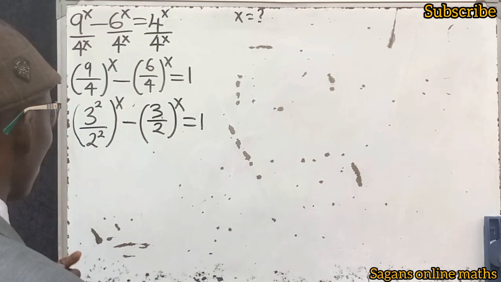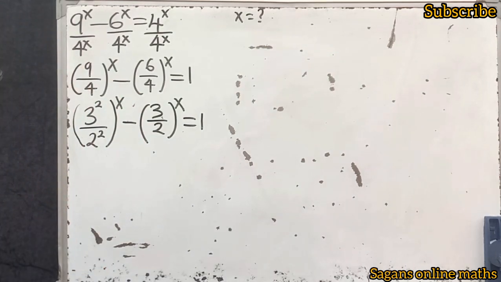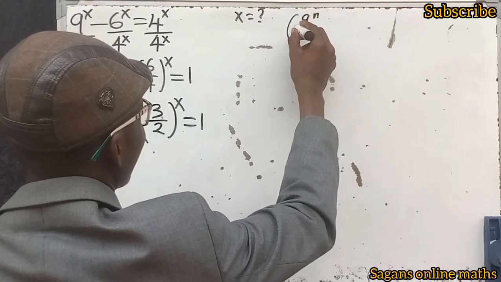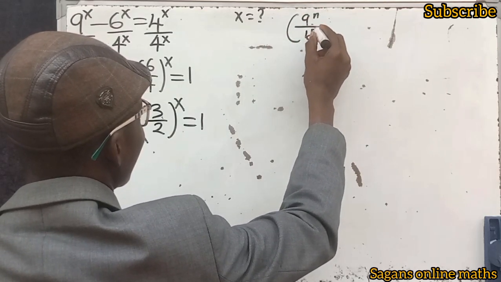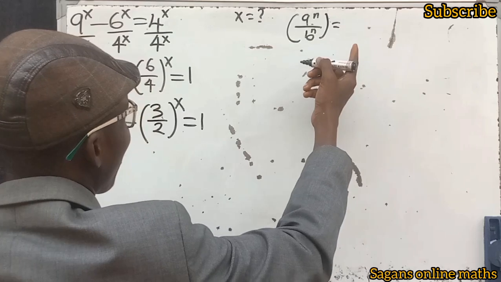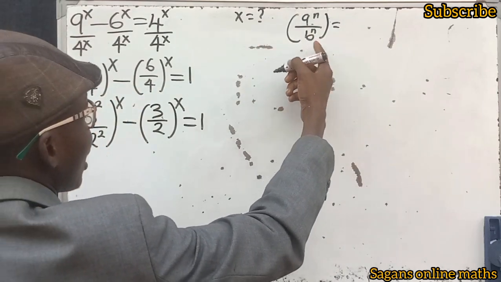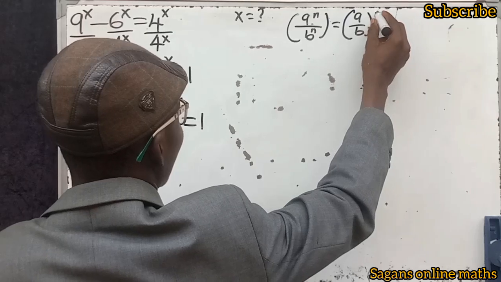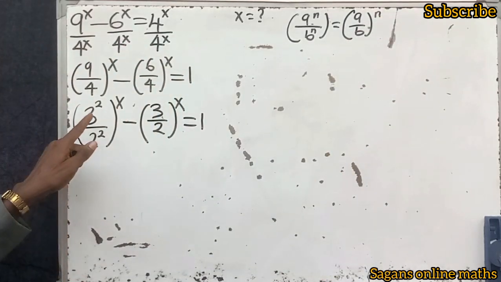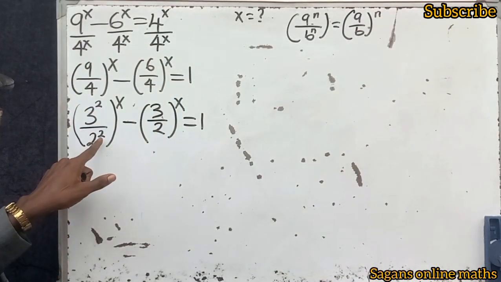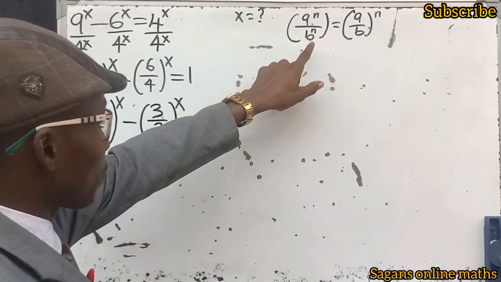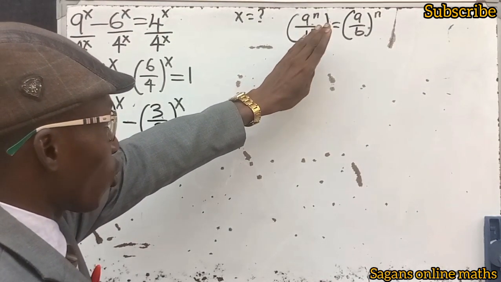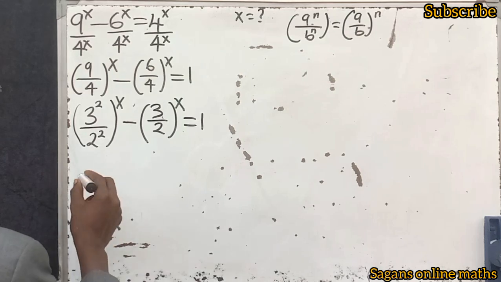Now let's also obey one of the properties of indices. We know that A to the power of n divided by B to the power of n equals A divided by B all to the power of n. Are you seeing this power here, which is 2? Are you seeing this power here, which is 2? With respect to this formula, this is the property of indices. Now, do you know that we can write this as